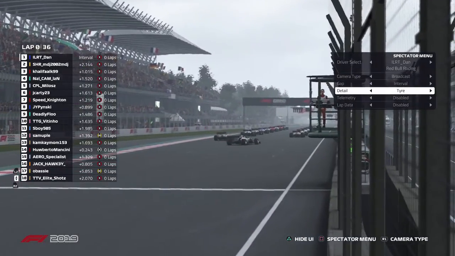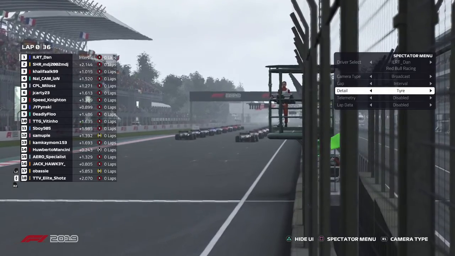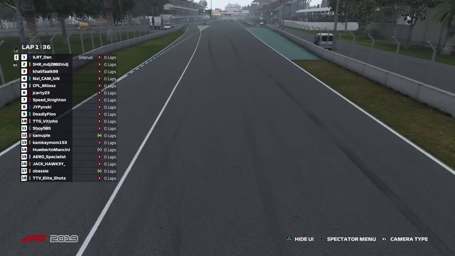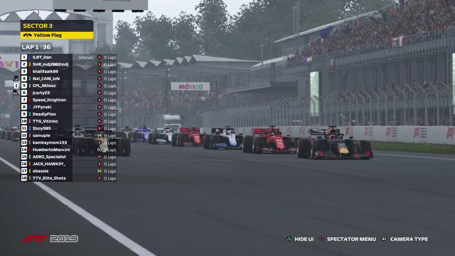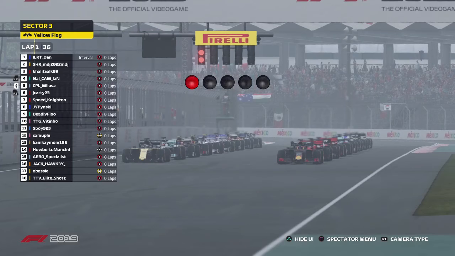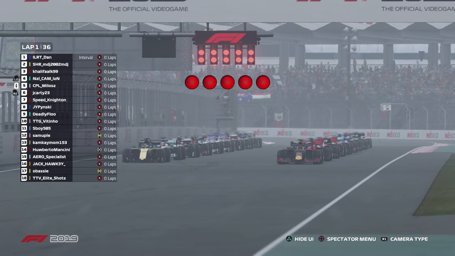And as you can see with the camera there, it was a very long run into turn 1. So we're about to get underway then. The 5 red lights are coming on your screen now. The first ILR race of 2020 is about to get underway. The 5 red lights are coming on, and let them